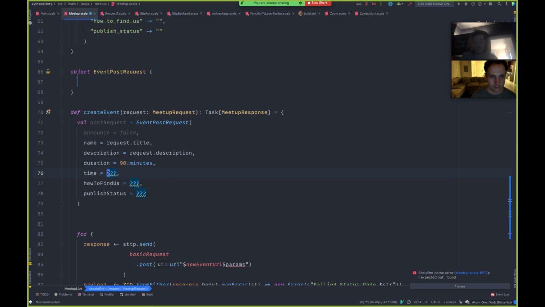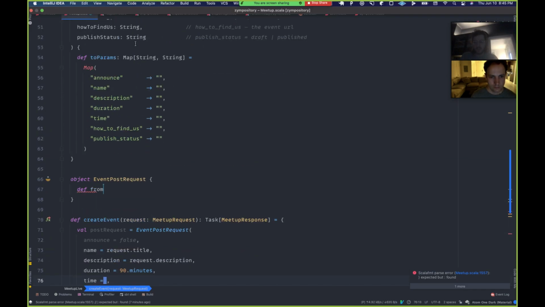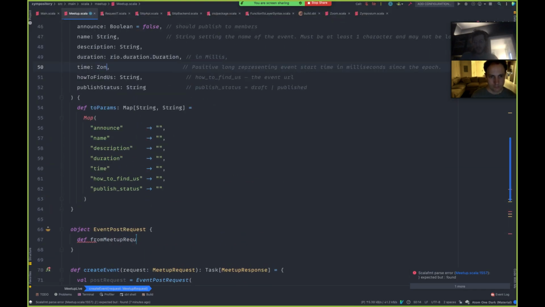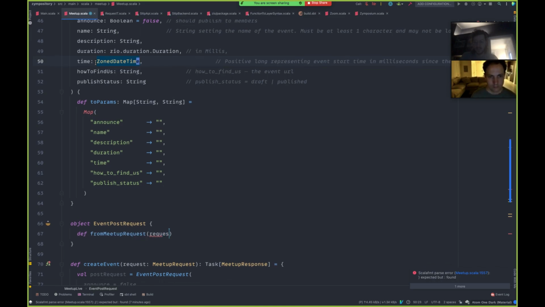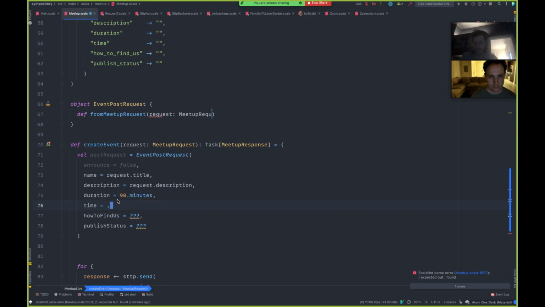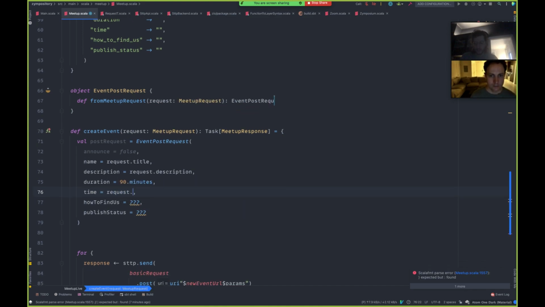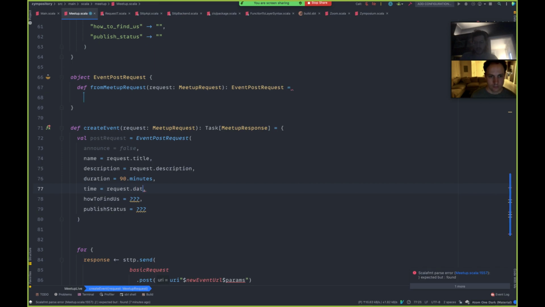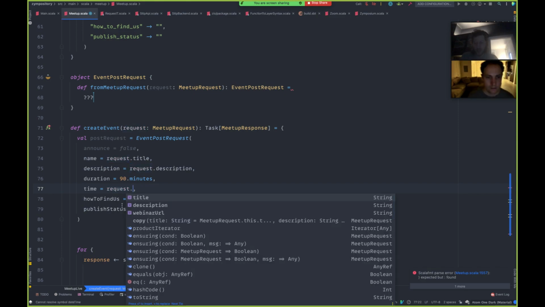The time, that's going to be the... Let me make this as well a zoned date time, and then we could worry about the translation inside of here. I think that's nicer. So we can just take our request dot date or time. I forget, dot time, dot date time. I forget what it is. Dot. Oh wait, there is no.